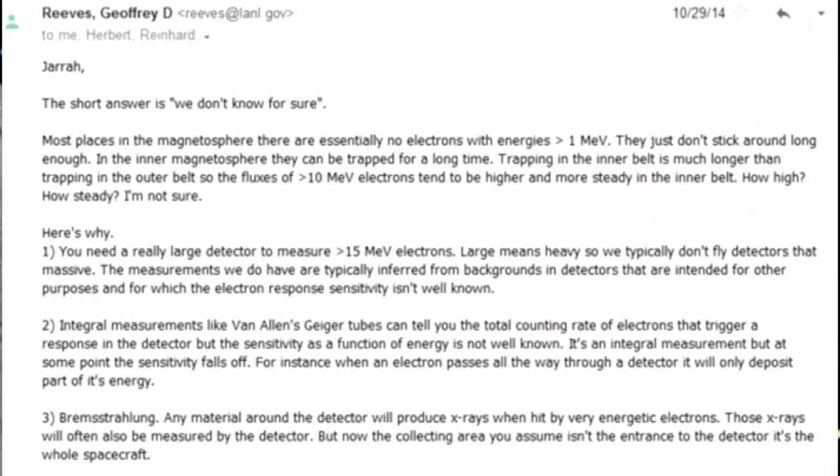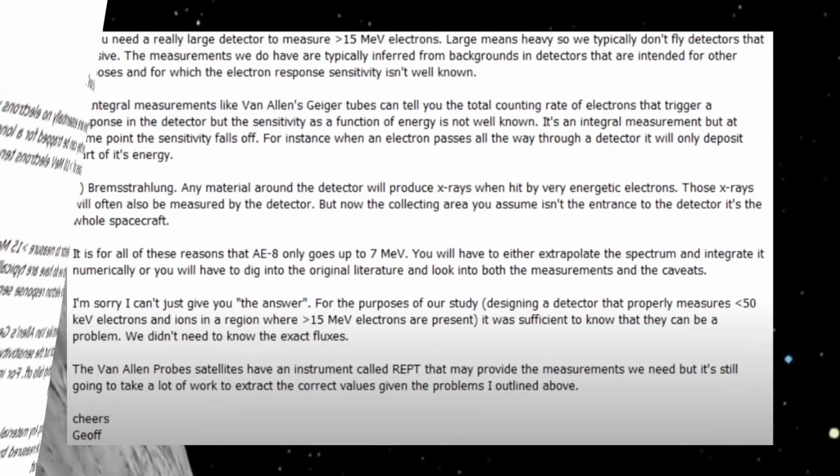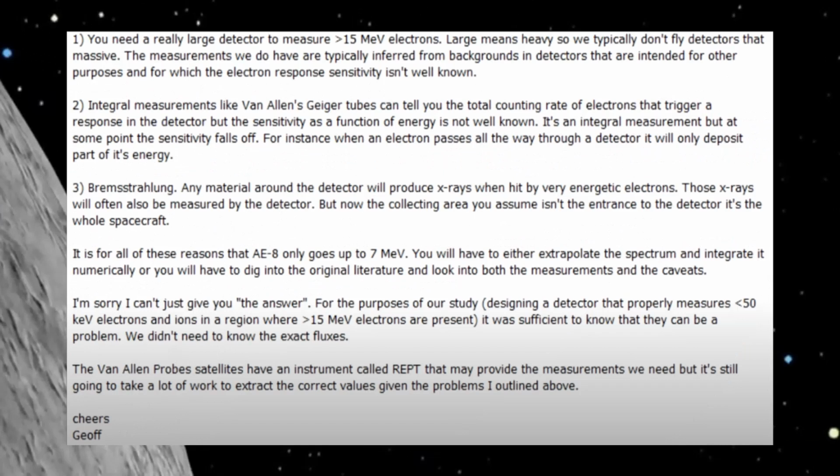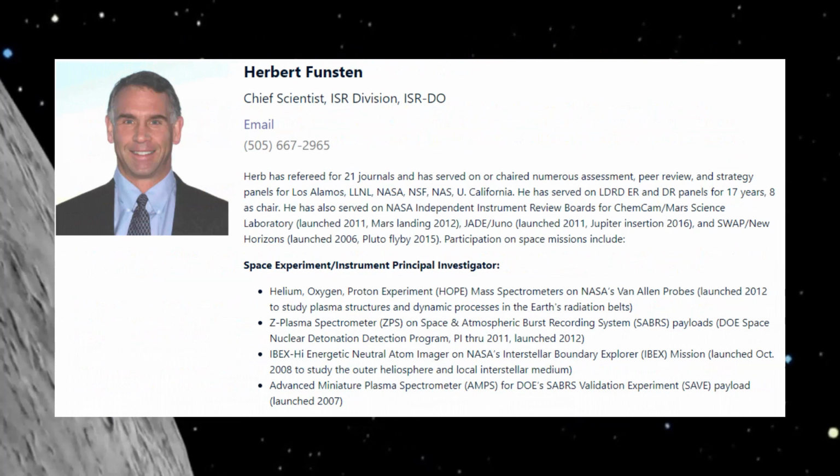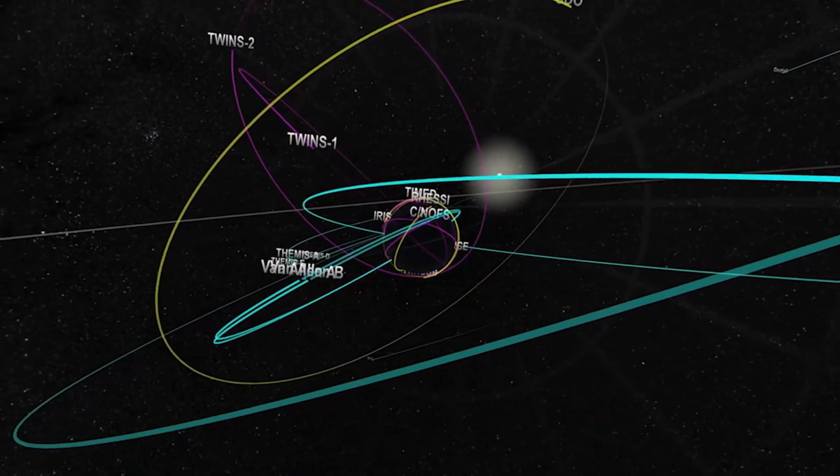24 minutes into the video, he specifically counters Browning's claims that in White's previous YouTube video, he had used erroneous data to prove that the outer Van Allen belt would have been dangerous for any manned mission. While Gerard White was researching for a university assignment, he came upon a credible source. In an article by Herbert O. Funston and his team from the Los Alamos National Laboratory, published on March the 8th, 2013, Funston talks about penetrating